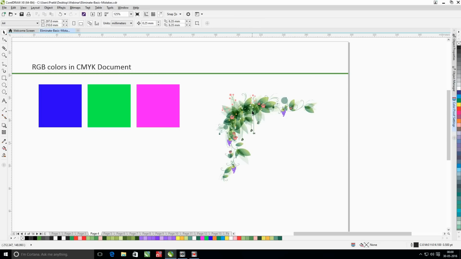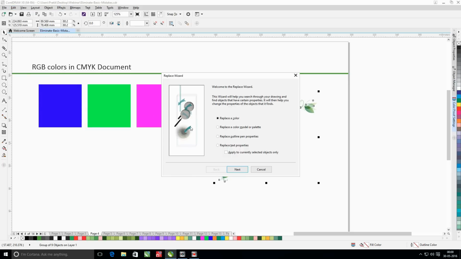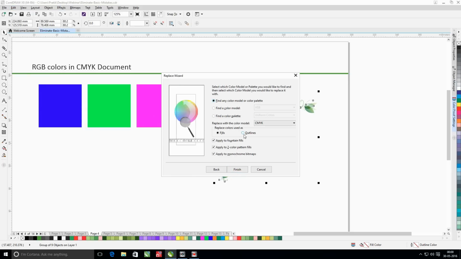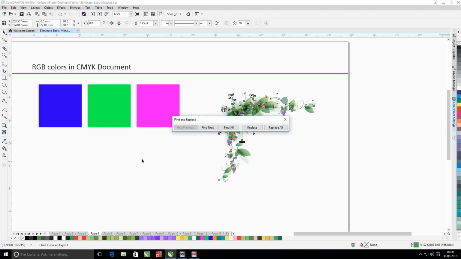Now I need to run this same command again. So I'll go back to replace color model, same thing, but this time the only thing we need to change is I'll change the fill to outline. So now the color replacement is carried out on the outline of the objects.